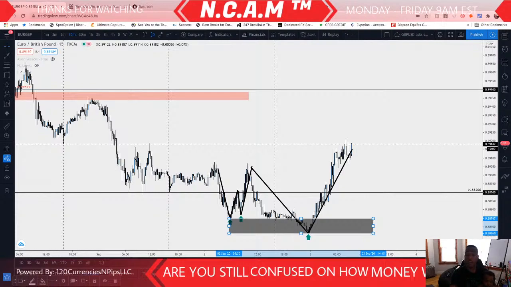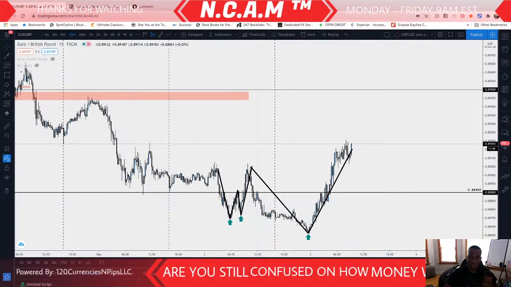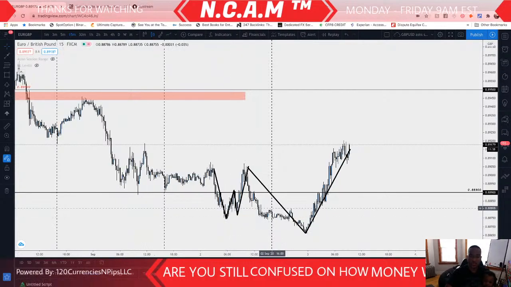So if you see the pattern on the chart, once again, you are one step away from understanding exactly what we're talking about over here. This pattern. Let me delete this real quick. I want to make sure that you guys can see this clear as day. But this is one step away, y'all. One step away from chasing greatness.